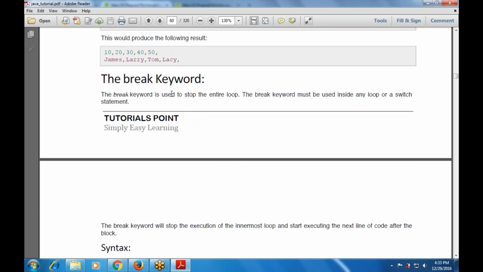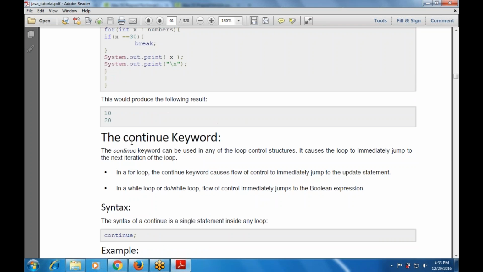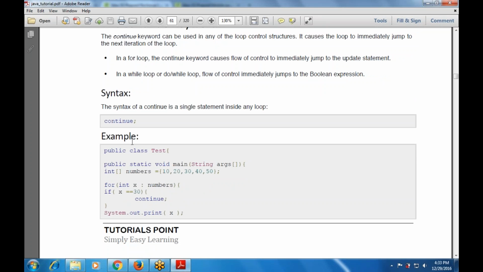Then the break keyword, that is used to stop the entire loop. This keyword must be used inside any loop or the switch statement. Then continue. In case of continue,